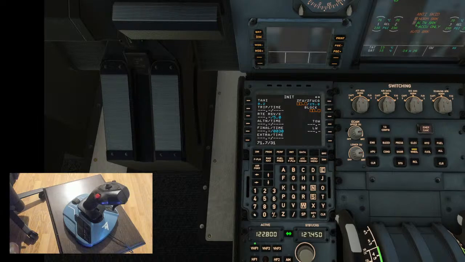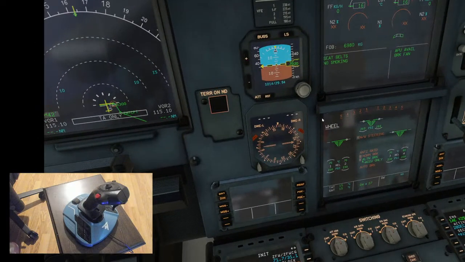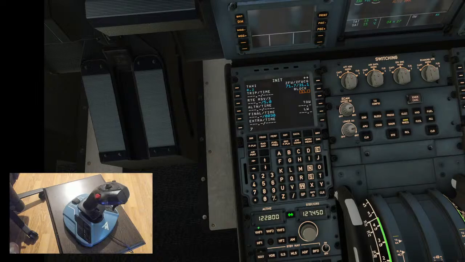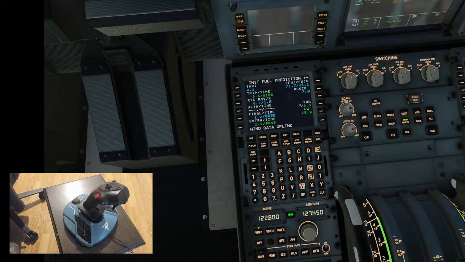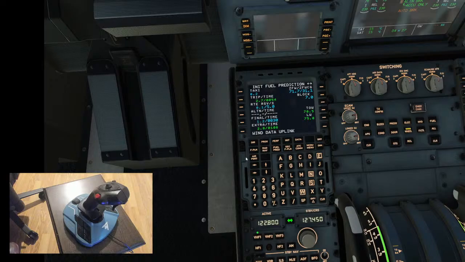And here is a center of gravity from the rear. Our block fuel is 7 tons. Our takeoff weight will be 78 tons. Landing weight, we are estimating 3 tons of fuel to be burned in the air, and landing weight will be 75